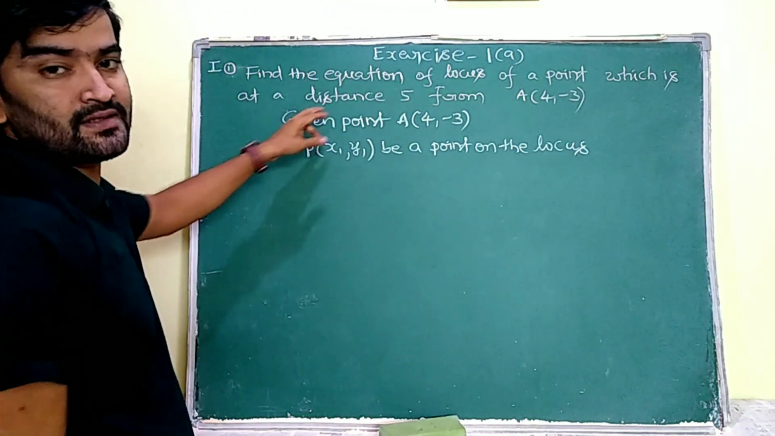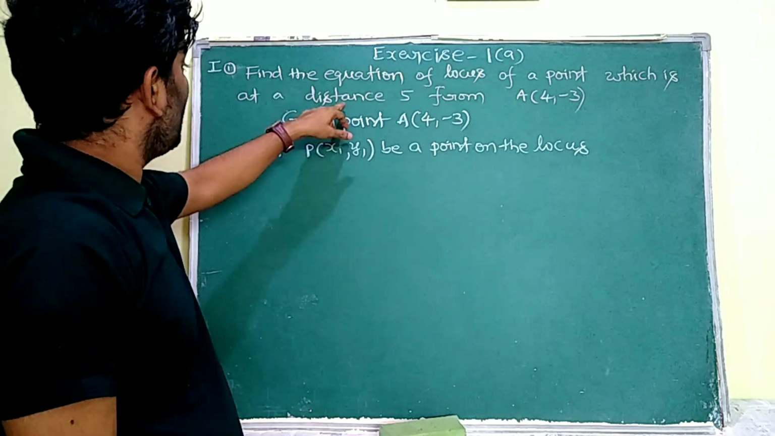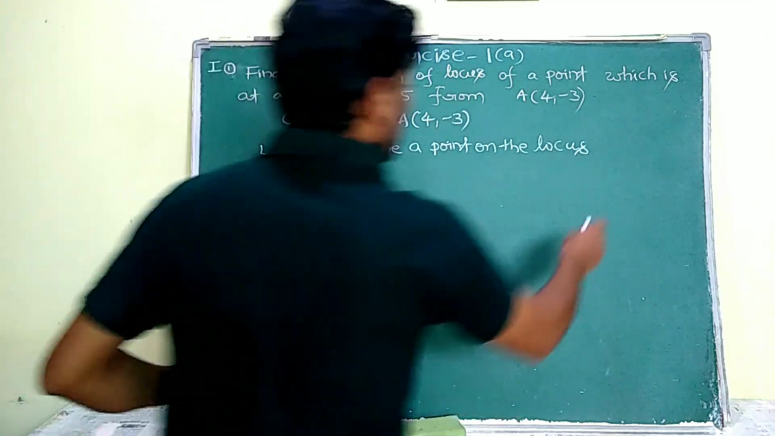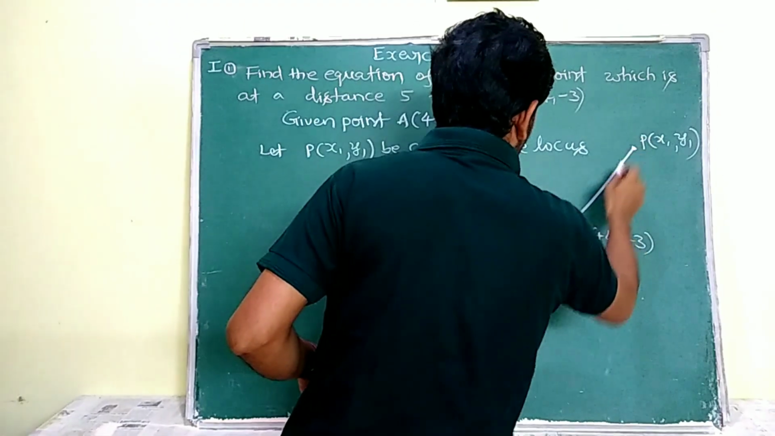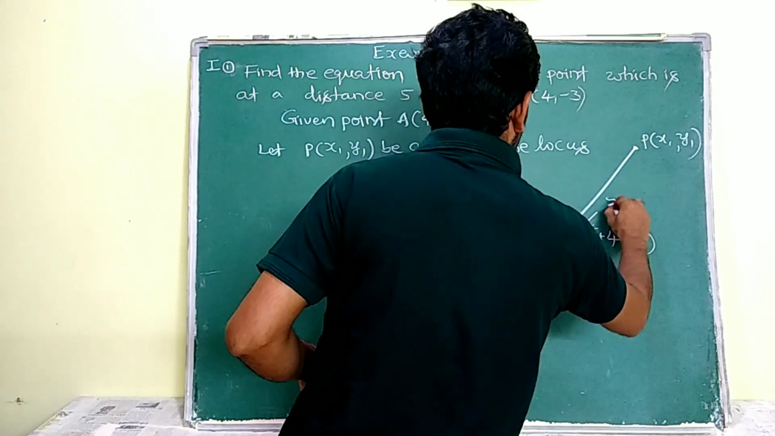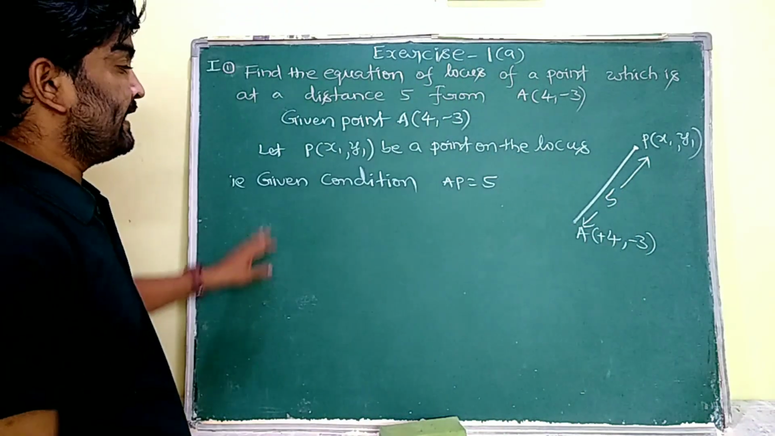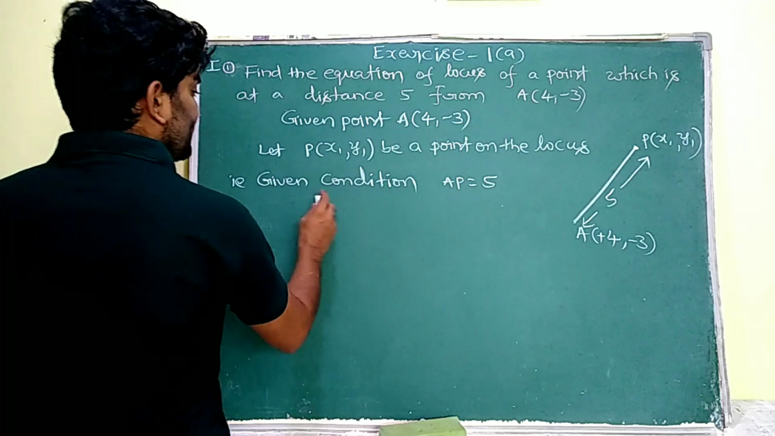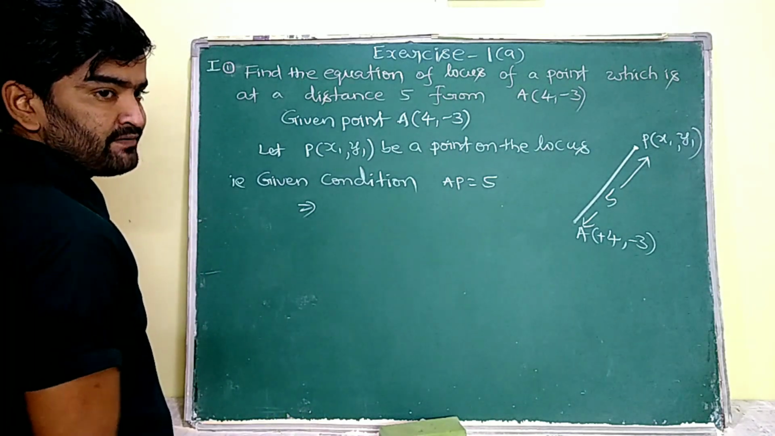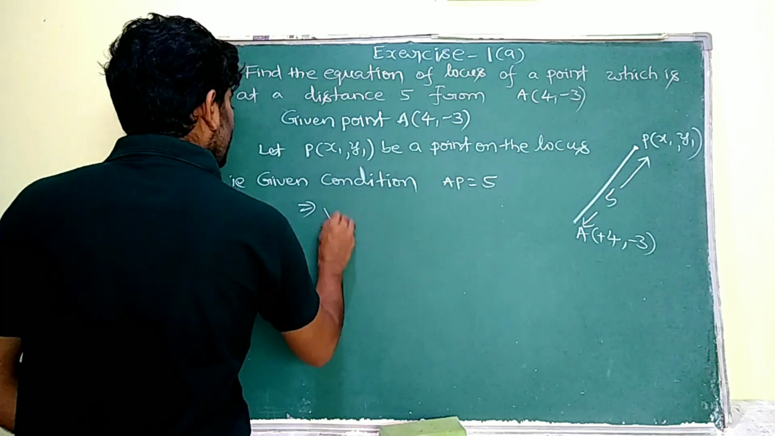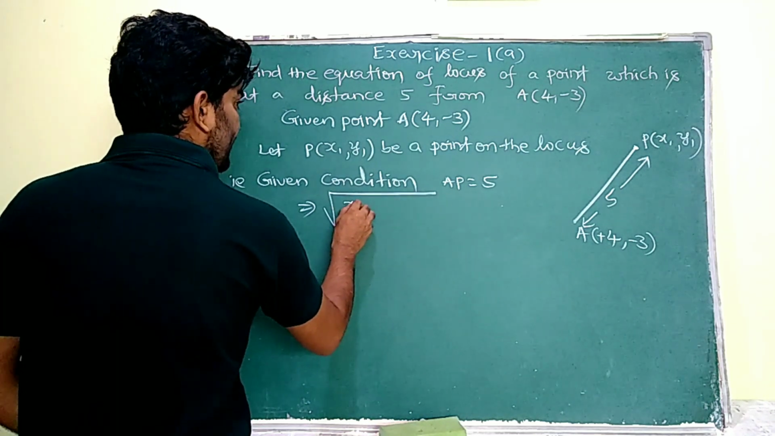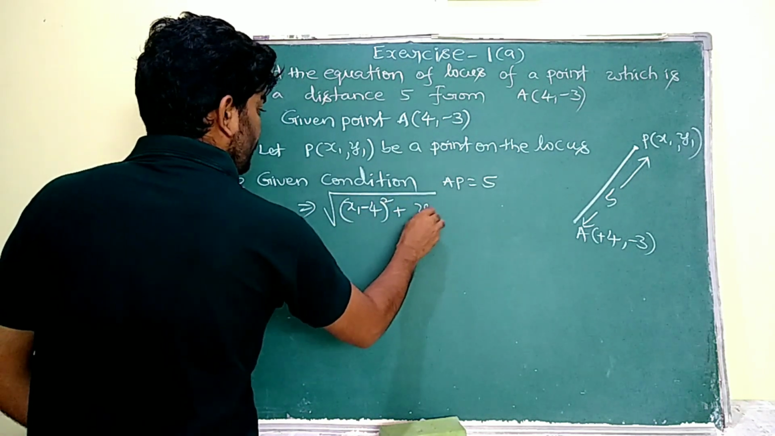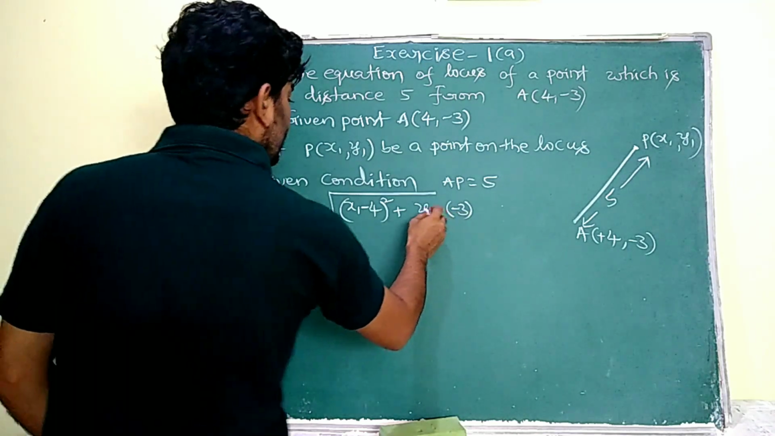Here he asks us to find the locus of a point which is 5 units away from the point A. That is, he mentioned the distance between these two is 5. It is the geometric condition. Now I have to convert this geometric condition into an algebraic condition by using coordinate geometry formulas. The distance between A and P is the square root of (x1 minus 4) whole square plus (y1 minus of minus 3) whole square